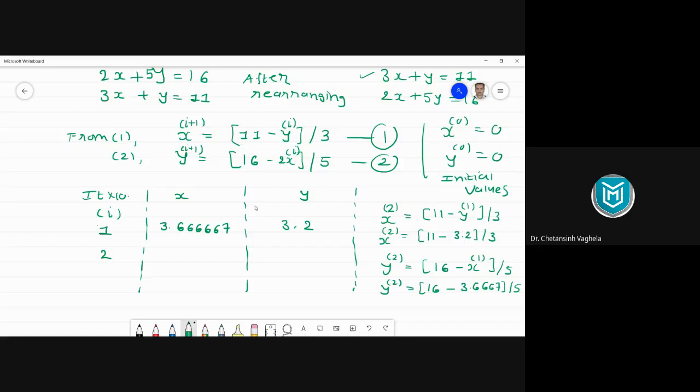You need to calculate 11 minus 3.2 and then you divide by 3. That should be your second value for X, second iteration value for X. Okay, Nidhi says it is 2.6. Sir, shouldn't it be 2x instead of 3.2? Like 2 into 3.2 नहीं होगा, sir? Yeah, that's my mistake. 2x. So you need to multiply this value by 2 also. Then yes, you calculate 3.2.